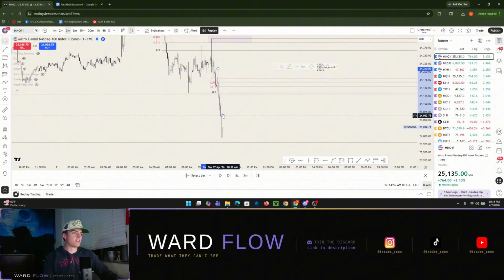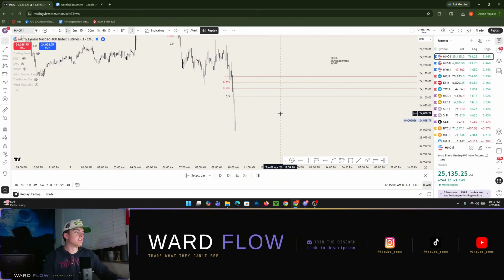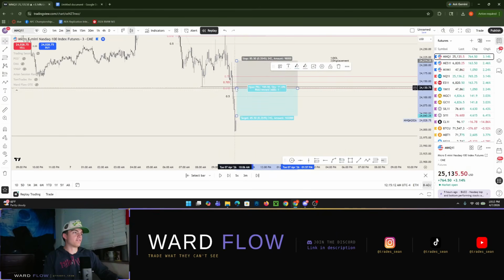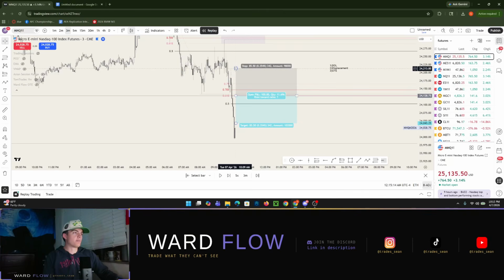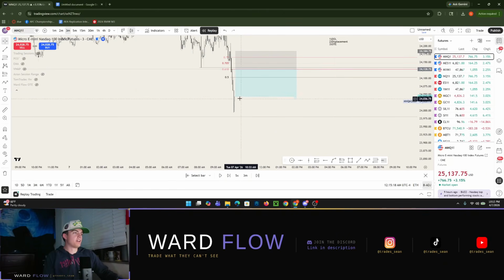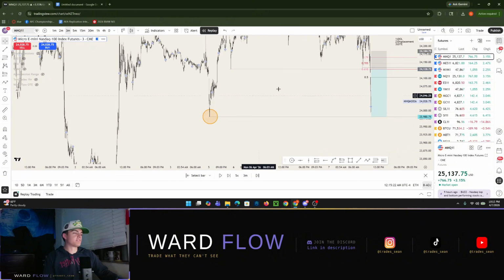boom. So now we can measure OTE perfectly from the body of this 3-minute candle. Remember, you have to use the 3-minute time frame. It makes it way easier, trust me. Right, so here I slap a limit order at the top of the bottom of this OTE. I'll put my stop loss, personally I feel comfortable leaving it at this body high,